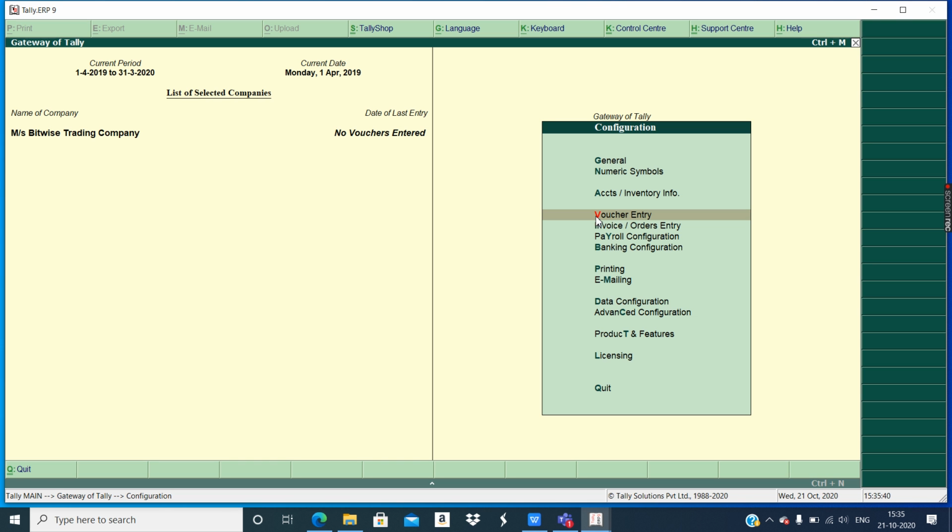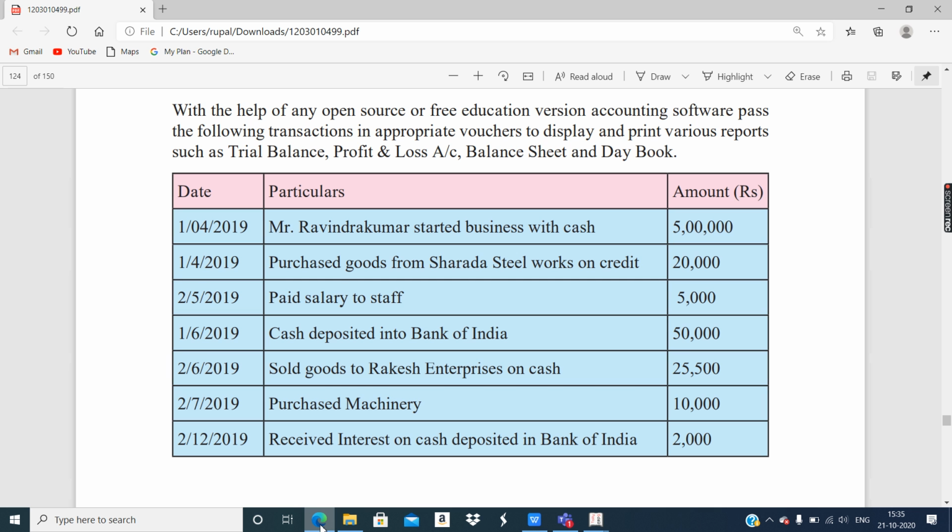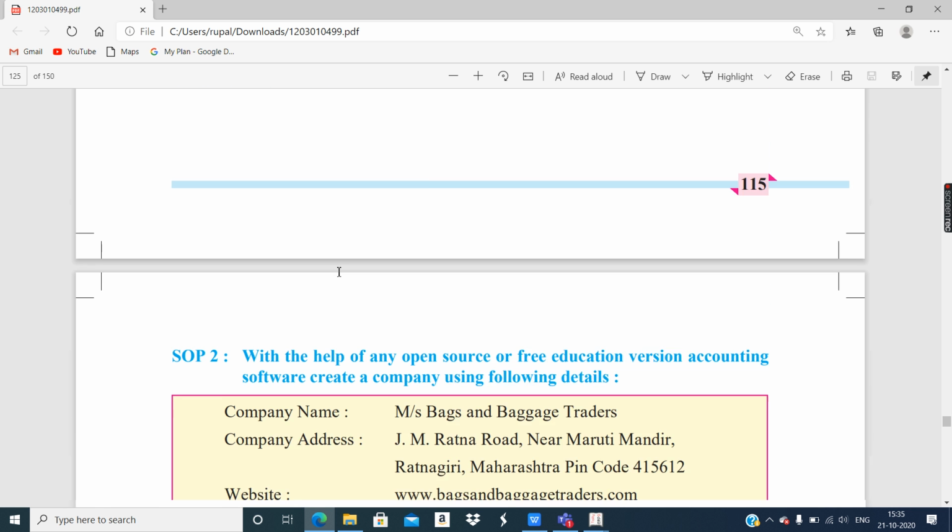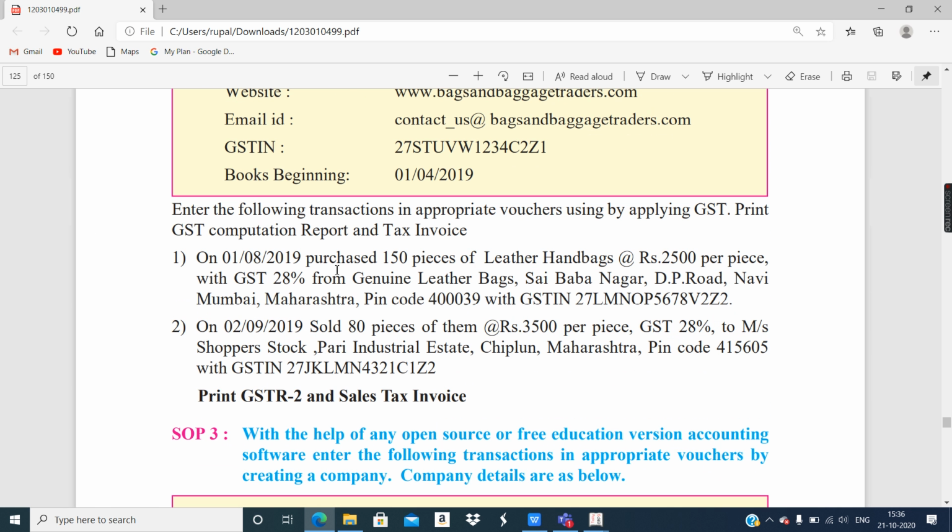But if you are using the older version of the tally, then you have to do these settings, but I don't think so older version of the tally will be suitable for this lesson. Yes, for SOP1 it will be fine, because SOP1 does not have GST entries. For GST entries you will definitely need tally ERP9.